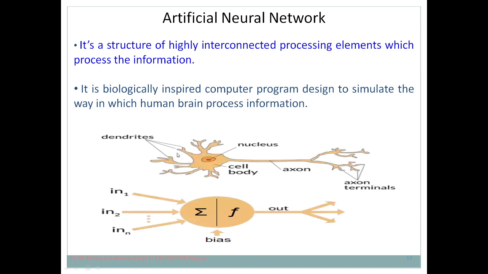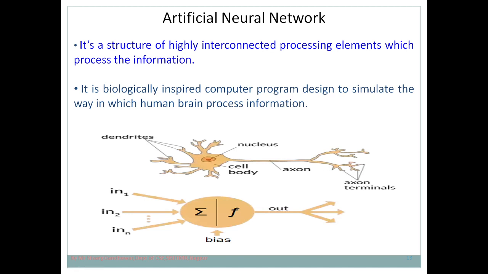Here I can show the structure of a neuron. These are the dendrites of the neuron. Then the nucleus, where the actual processing of information takes place, and action is passed to the body by means of axons. Through the dendrites you take the input. Then in the nucleus, processing of information takes place, and after processing, a particular action is generated, and that action is provided through the axons to your body.